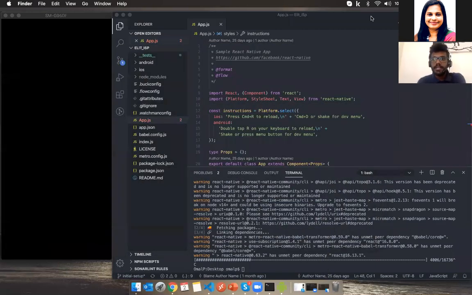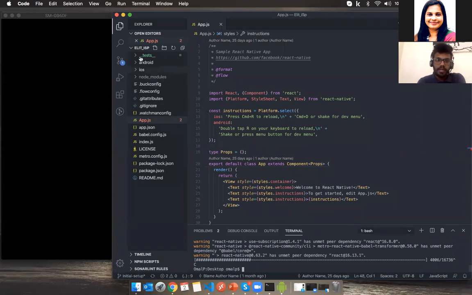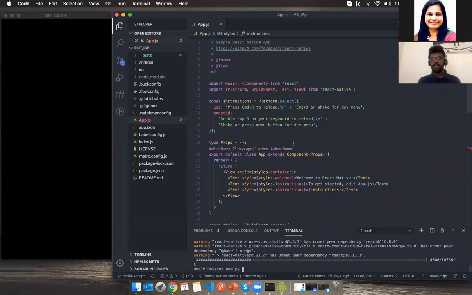So this is the IDE we are using to code. We call it Visual Studio. I opened the same project in the IDE, so you can see the test folder, Android, iOS, and the rest of the files are listed here. And as I mentioned earlier, we are only targeting this app.js to be changed within this session, and we can build the whole project by only touching this app.js. It's not the best practice, but for the moment, to learn, we'll keep it simple.